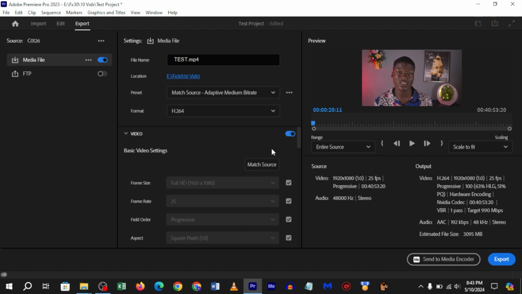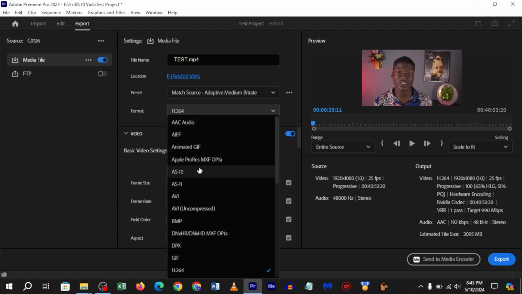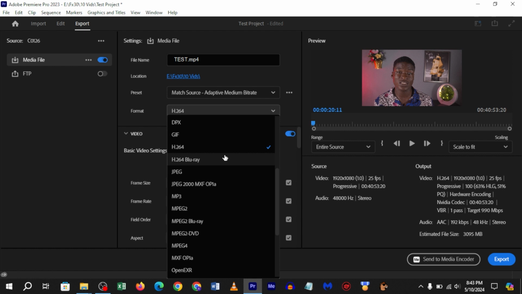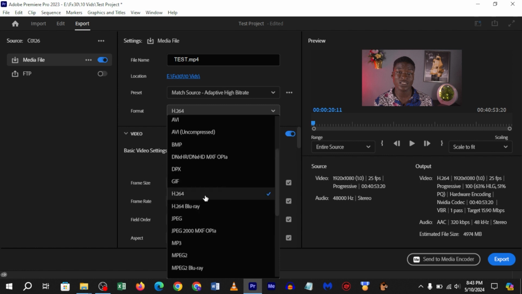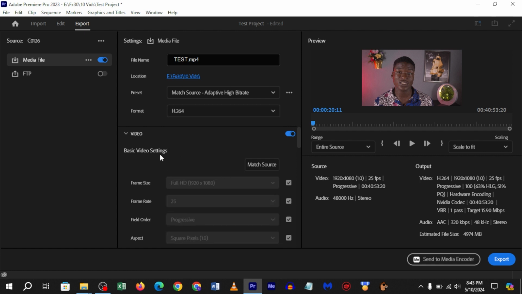But before that, you want to set your format to H.264. This is MP4. H.264 is MP4. Unless you were demanded to export this video on a particular format, you should export at H.264. H.264 can be played in most devices. Then for video, for your basic video settings, this one follows the settings of your sequence, so you don't need